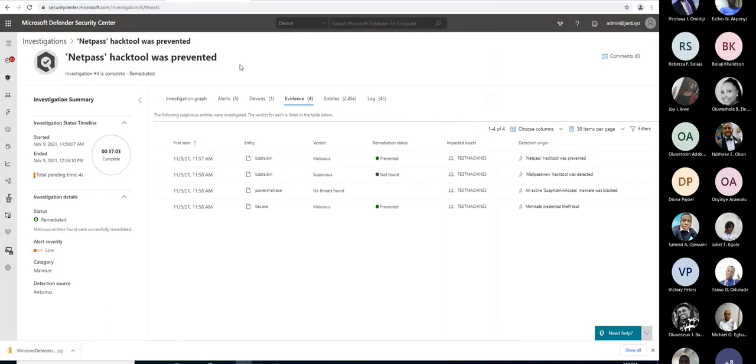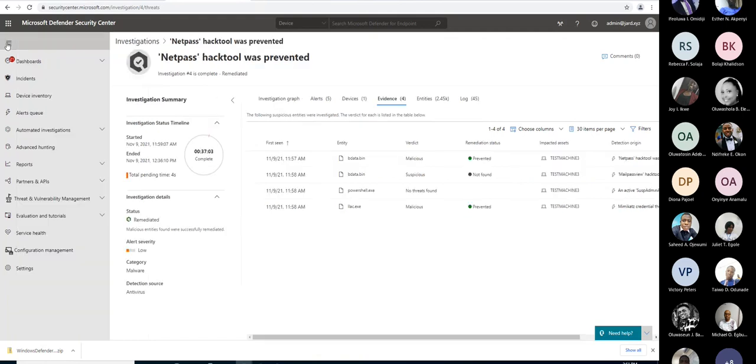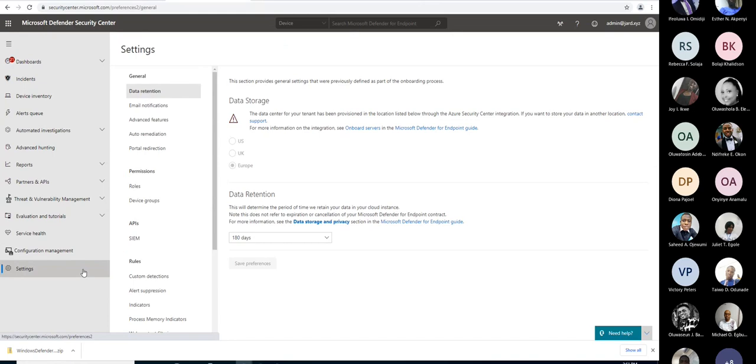But that doesn't mean that you have to learn that before you can actually administer Microsoft Defender for Endpoint. You don't need to learn that before you can administer it. It is very user-friendly. You can find out things on your own. You don't even really need to use a guide to go through things. So if you come to settings here,